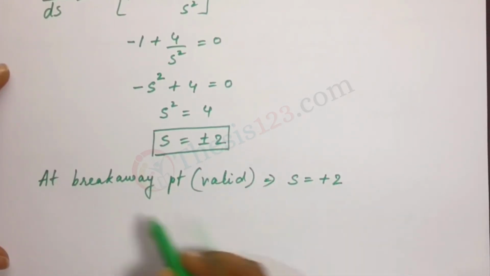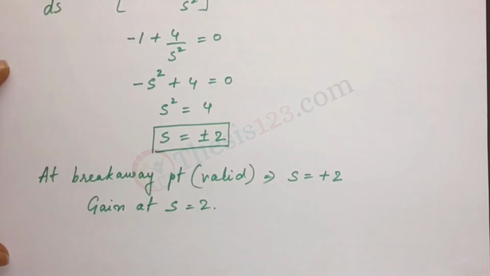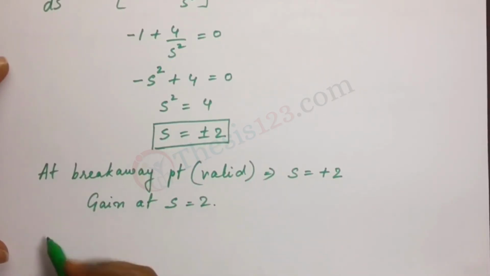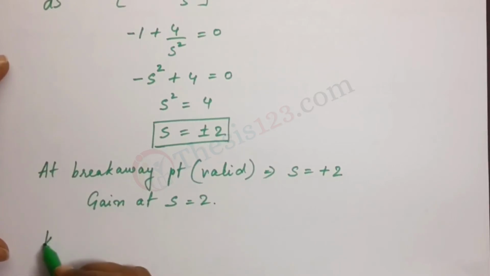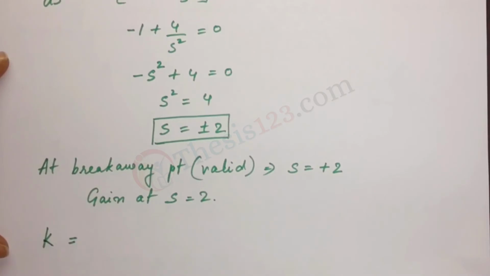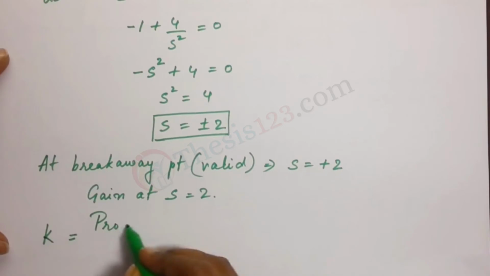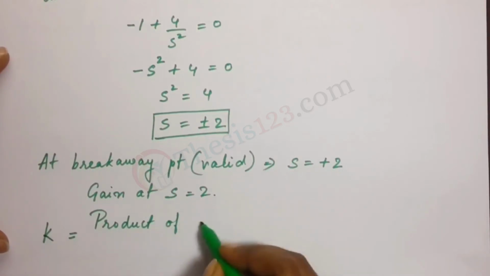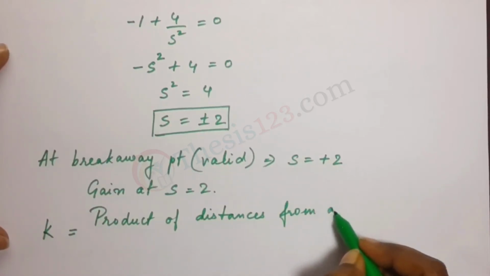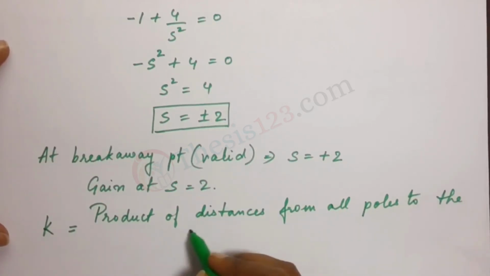So we have to find the gain at s is equal to 2. So that's our next step. We need to find the gain at s is equal to 2. So here is another formula that would do good to remember. So we have the ratio. K can be found by calculating the ratio of the product of distances from all poles to the breakaway point